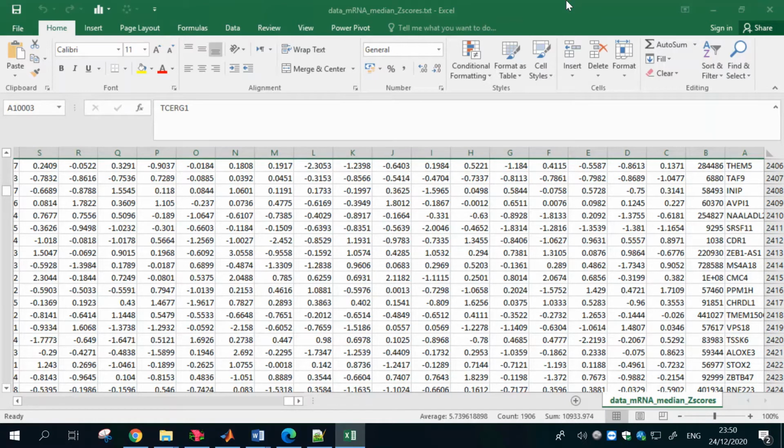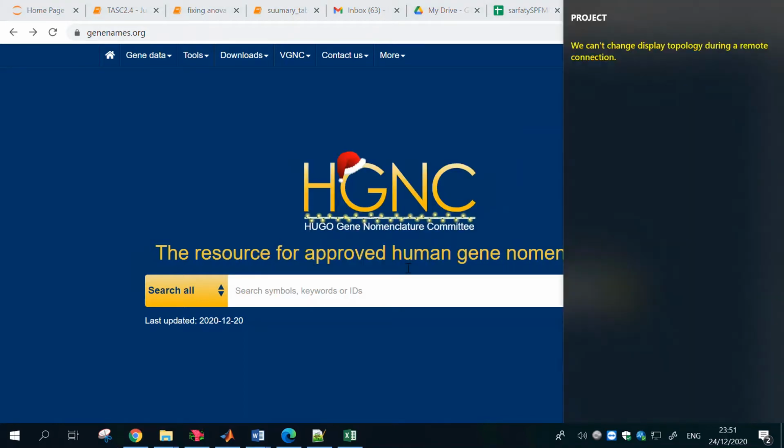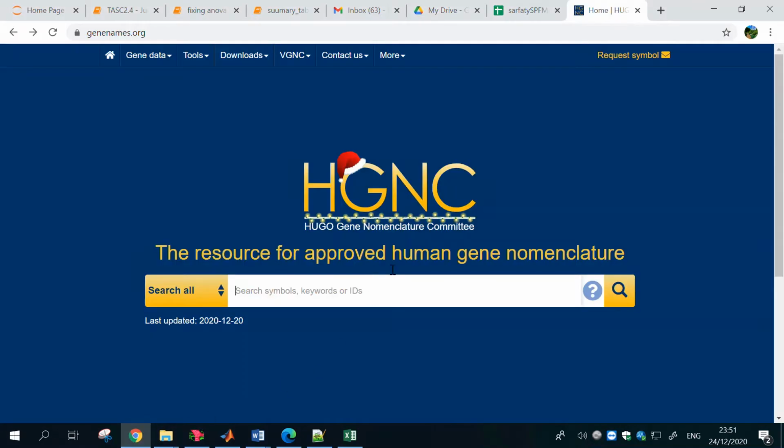it works with gene names that should be according to the Homosymbol nomenclature, and it's case sensitive, so please be aware of that. As you can see, these gene names are in uppercase, and in order to find out what is the approved name or symbol of the gene, you simply just type